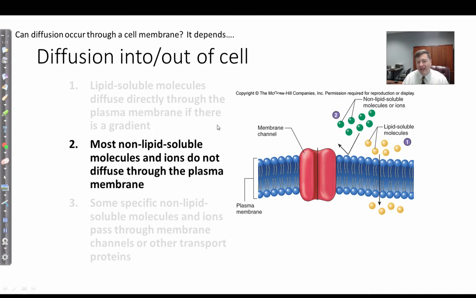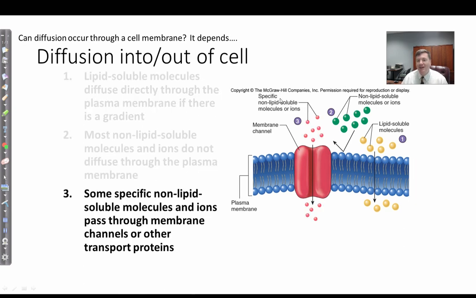Another way they actually can pass through is that specific non-lipid soluble molecules can pass through particular channels. So here's a membrane channel. These membrane channels are proteins, and this protein just so happens that it's going to let these particles pass through from higher concentration to lower concentration, and therefore allow them to pass into the cell. So diffusion may still occur through a cell membrane through these particular channels if this protein channel lets these particles